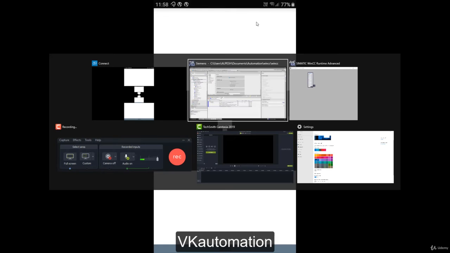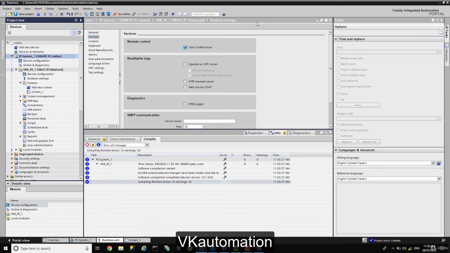You can see here my mobile is showing the screen of the laptop. So what I will do, I will just remove this, and I will take the TIA portal. So now you can see that my server is directly connected to my smart client. Okay, now here